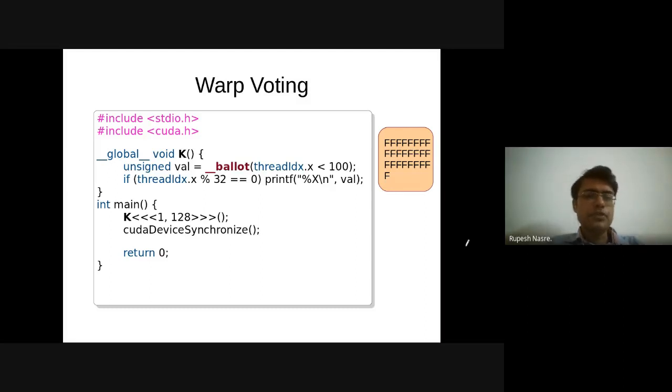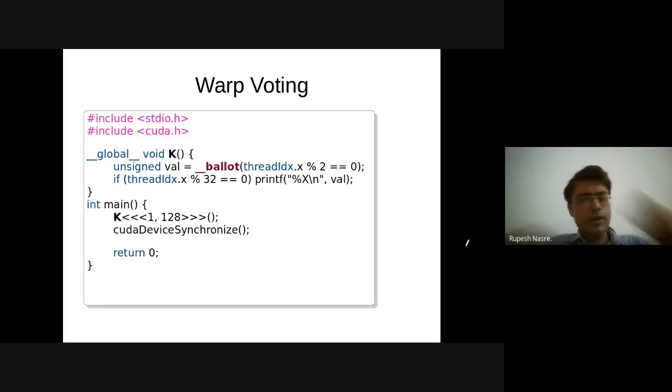All right. So just to make sure that we understand this, I'm going to change the condition now to this one. What is going to be the output?